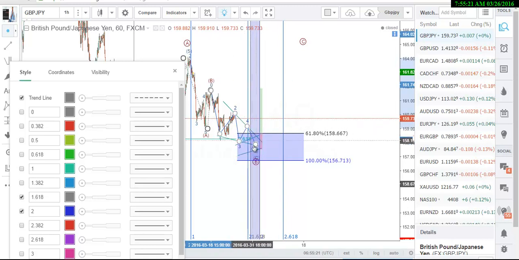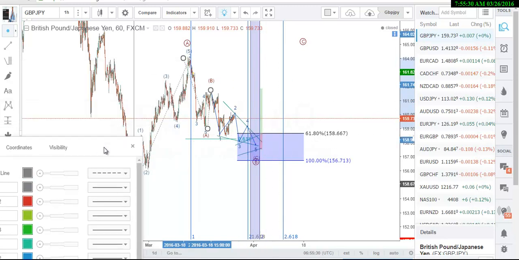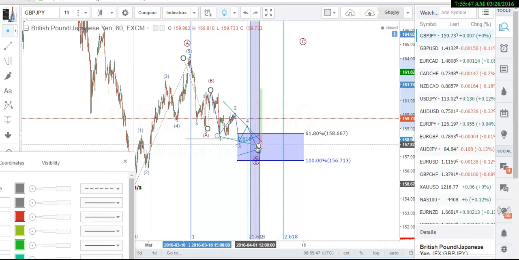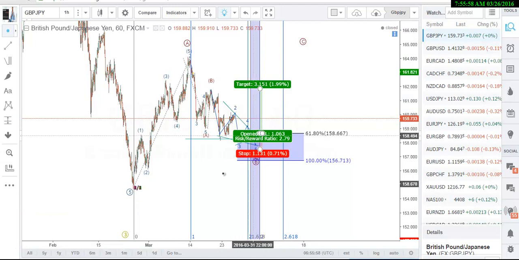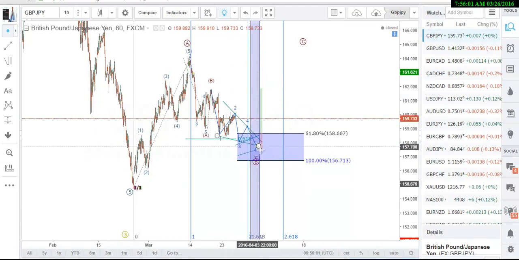So we're going to be expecting the retracement, the ending diagonal, to complete around there, and then for price to shoot up. So that is it about the GBP. If we can see an ending diagonal ending here, this level is a very beautiful level of convergence, price and time convergence using the Fibonacci ratio. So we're going to be expecting an ending diagonal to be formed around this level, and then price is expected to move up. If price moves otherwise, then we're going to look at it in another way. This is just a forecast, and then we're expecting price to play to it